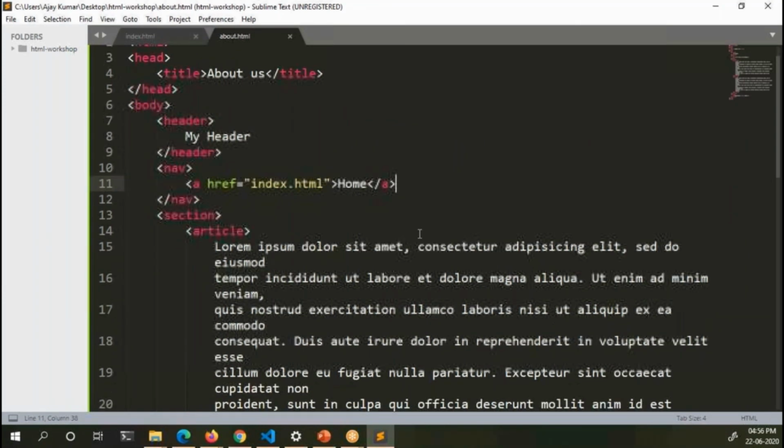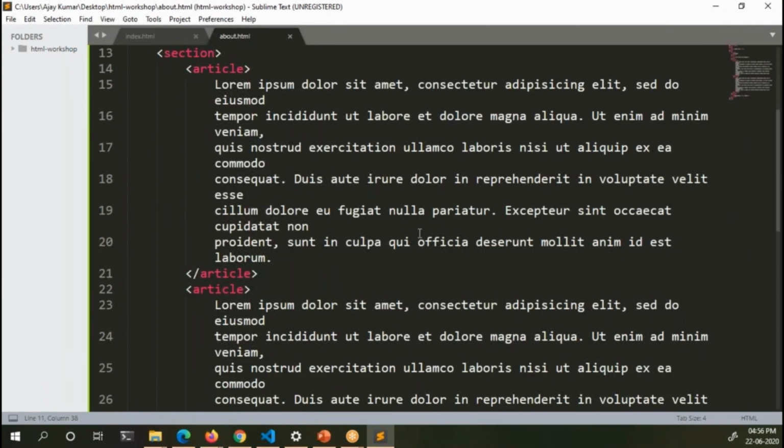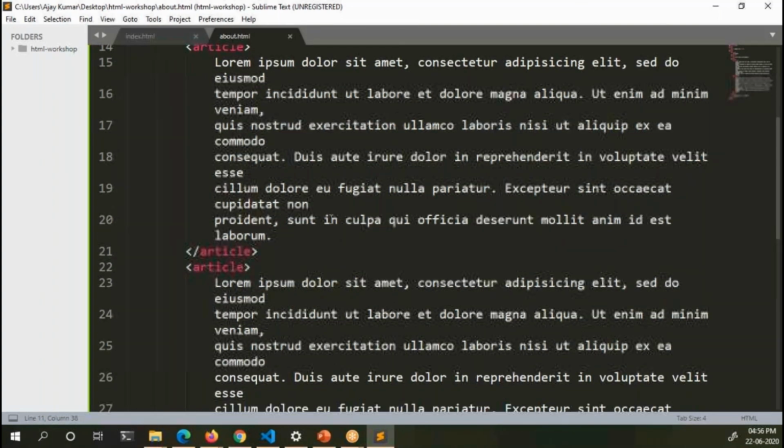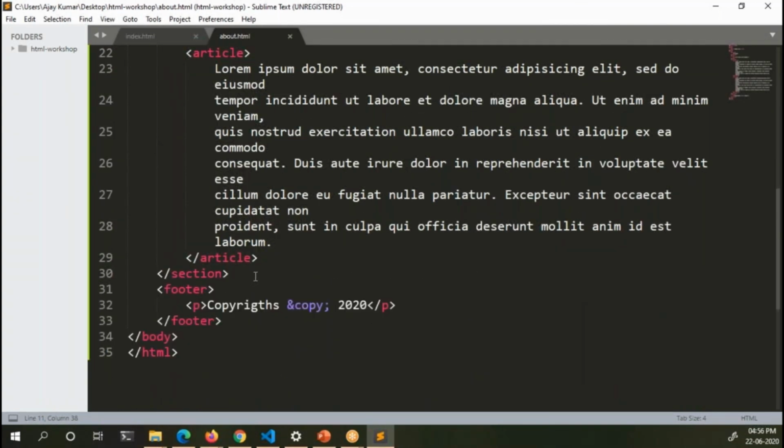These things don't add any functionality. We haven't seen the aside semantic tag, but we can use it. For example, the aside tag can be used to create sidebars. So if you have a website and you want to display a sidebar, you can use aside tag.